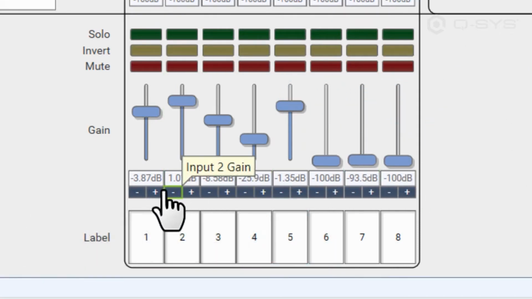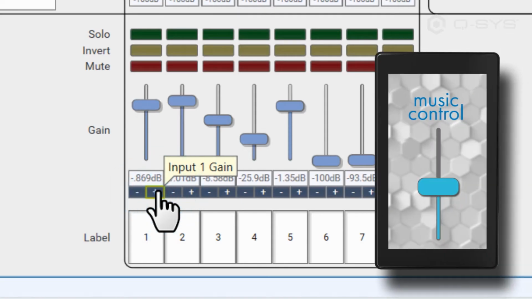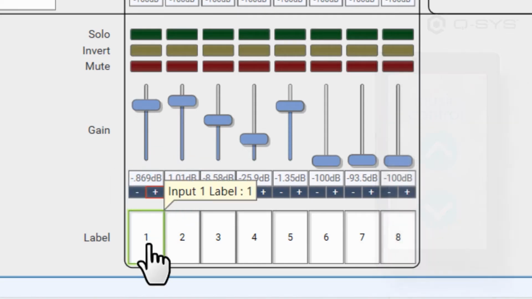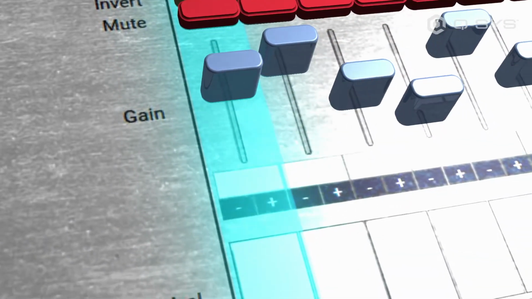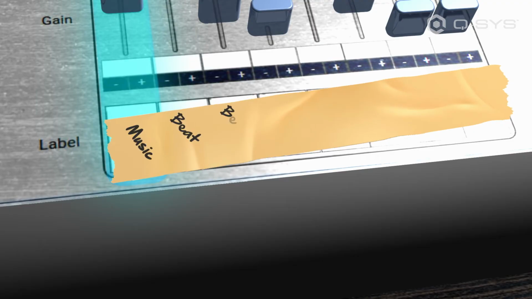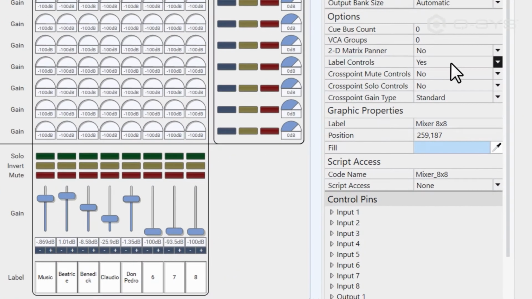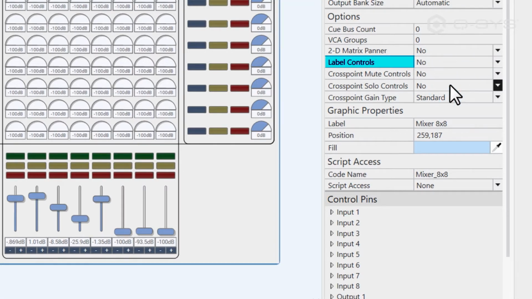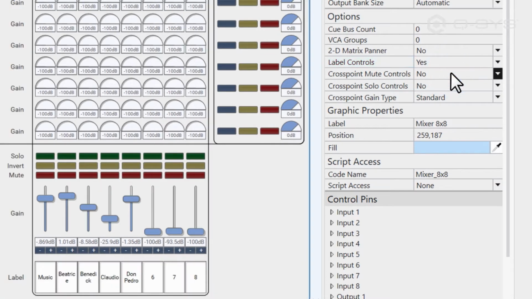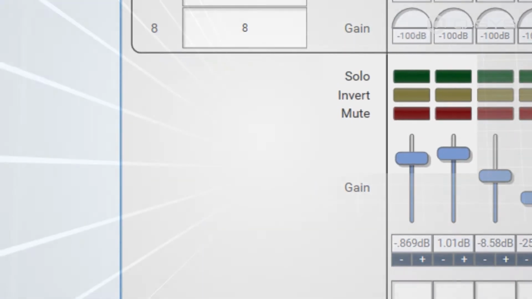There are also bump buttons if you prefer to use these on a UCI rather than sliding a fader. And don't overlook the labels at the bottom where you can identify each channel. In the real world, this is done with a roll of tape and a marker. You'll notice that label controls are on by default, so only turn those off if you're insane, completely unorganized, or just feeling really lucky. And there are other common mixer controls here, like solo and mute, so that you can globally mute an input